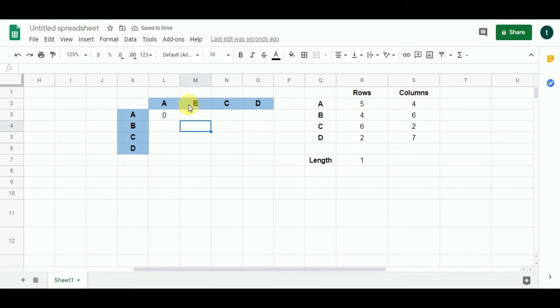Same is the case with the second subproblem, which is of length 1, which is B. The cost is again going to be 0 because it's a single matrix, can't multiply it with anything because there is nothing to which we can multiply. This cell is also going to be 0 because we are looking at our third subproblem of length 1, which is C, and then this is the last cell. It holds the value of our last subproblem of length 1, which is D. It is also going to be 0.